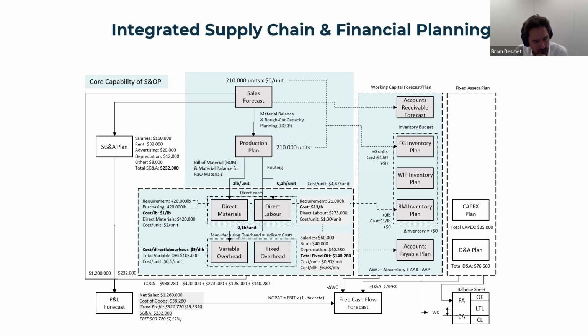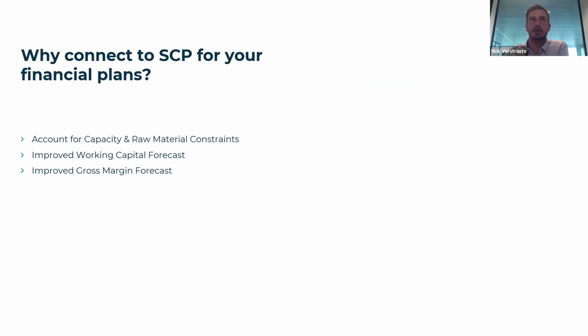Like if we would take many of the S&OP plans, I think we could easily turn them into a kind of a rolling forecast or a rolling plan. And that's leading into your next slide, Nick. Yeah, indeed. So what is the importance of connecting to your supply chain plan for your financial plans